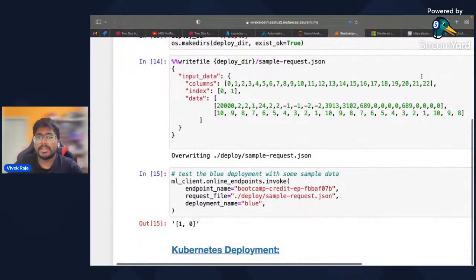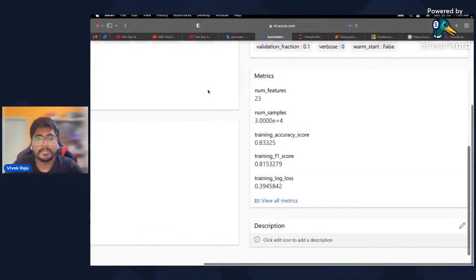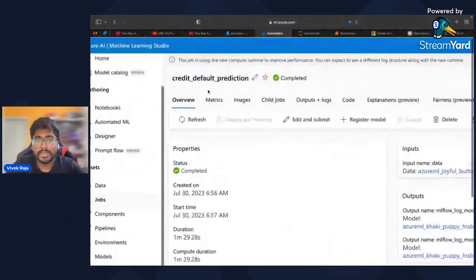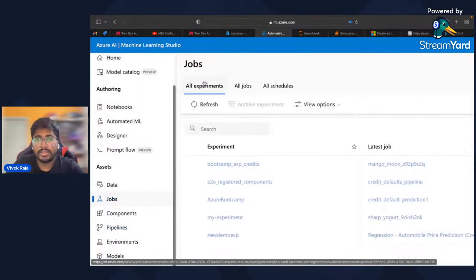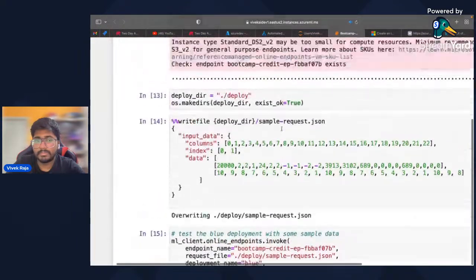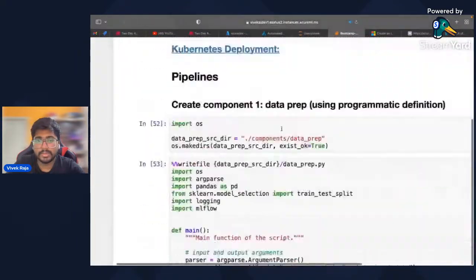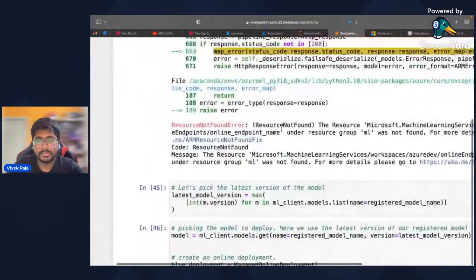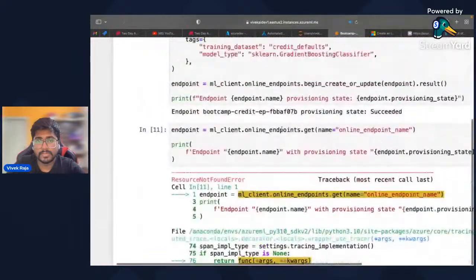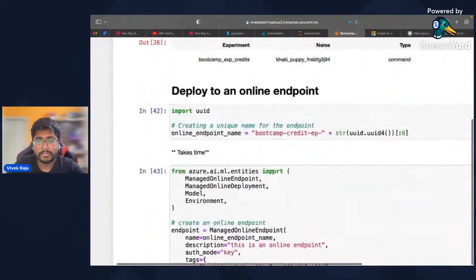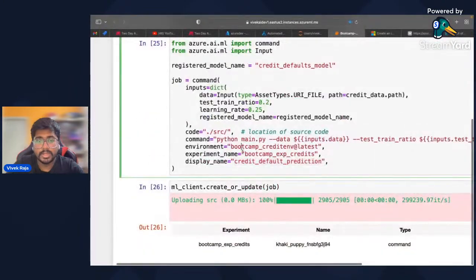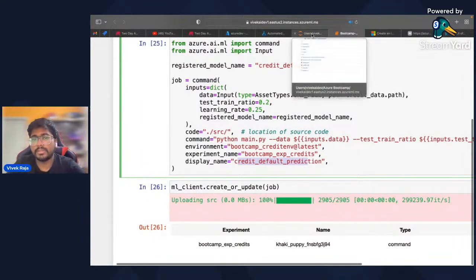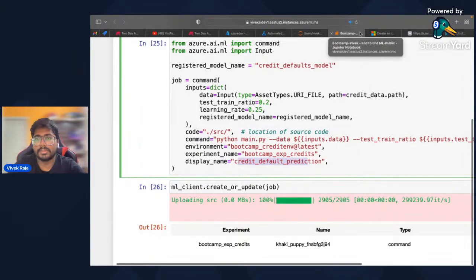Where can we see the logs? Yeah, Rahul, here's how you see it: go to the jobs where the job was executed, because it's a command line job, right? And you had given a name for your command job, a display name, remember? So just go to this particular job and you will be able to find the details and the logs of it.